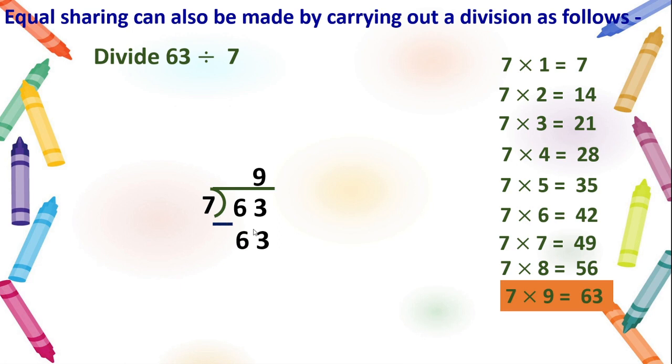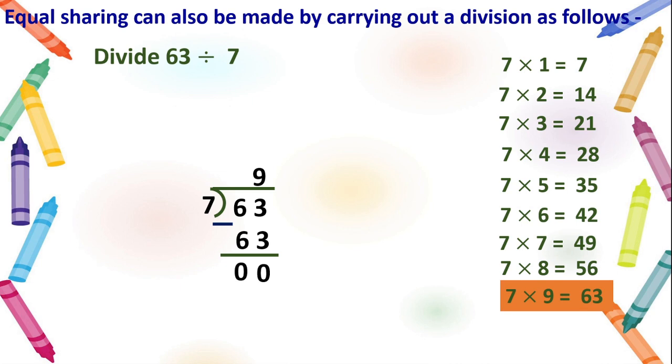Okay. Now dear children, remember this. We must know the tables for division. Division needs tables. Remember this. If you know the tables, you can do division of any given number easily. Okay. So please learn tables. Okay. Now here we will minus 63. Minus 63, that is nothing but 0.